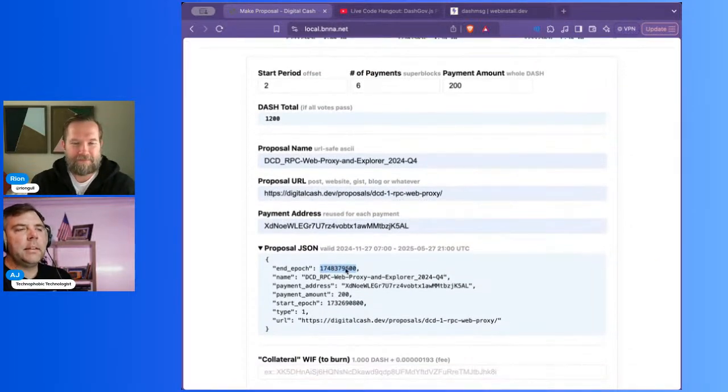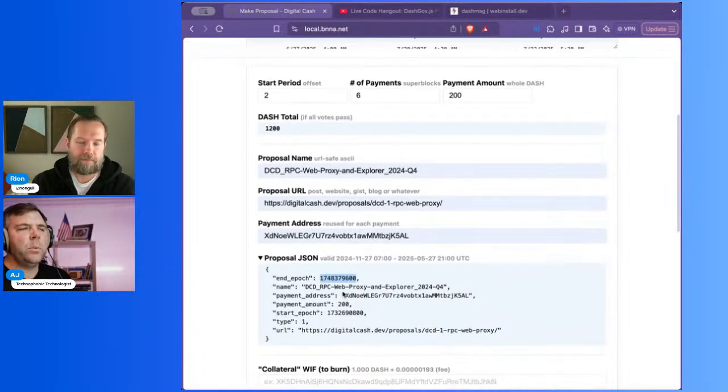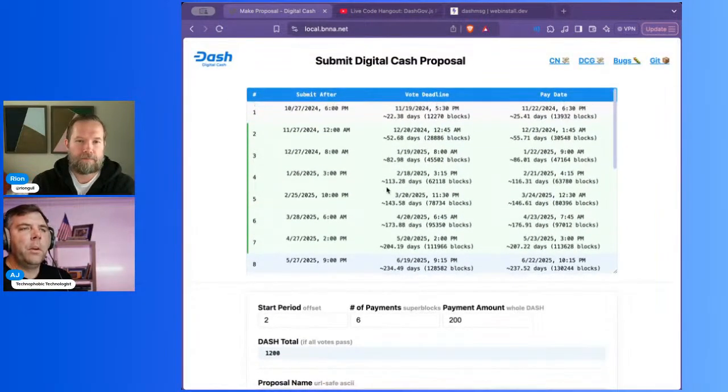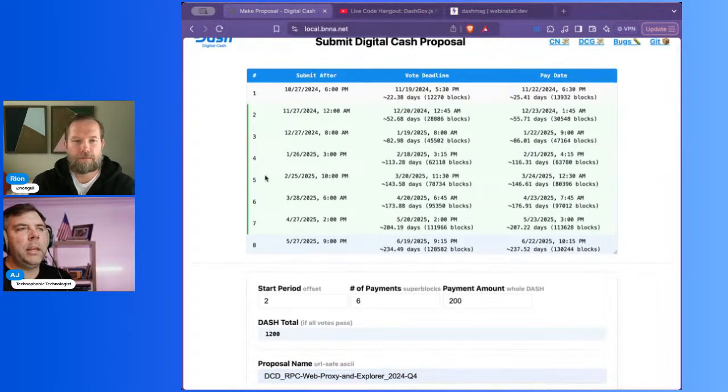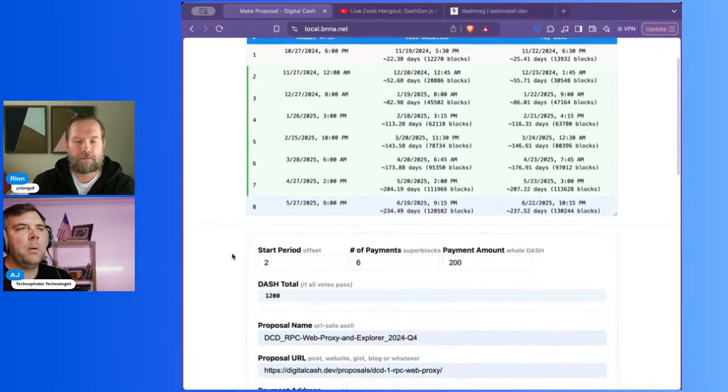Yeah, so it doesn't make sense that it was ever down to the second. I don't know how the other tools did it, but they kind of just picked a random time in the past and a random time in the future, which doesn't really make a lot of sense, because the proposal is based on blocks. It's not based on time. And right. So for the start and end epoch, what we do here is we just calculate the epoch based on the